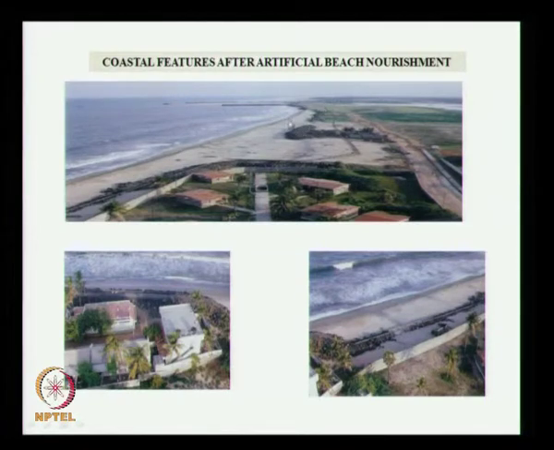These are all the places up to which the shoreline was there. Once we start pumping the sand inside the harbour basin and bring it here, the sand has deposited here and advanced the shoreline, and this rubble mound seawall is not required for any shore protection. The advantage is we have a very nice beach, the fishermen can beach their crafts here, people also can go over here. Here also you are seeing the 2 photographs where earlier all along the compound wall they had put a sea wall. The compound wall collapsed also 1 or 2 times, but now this is not required.